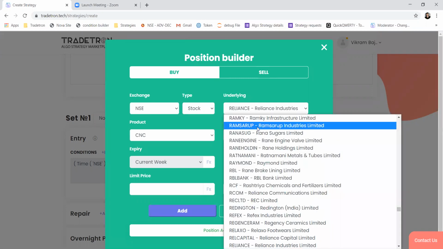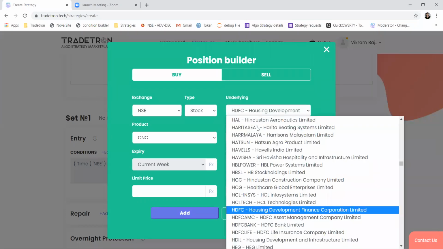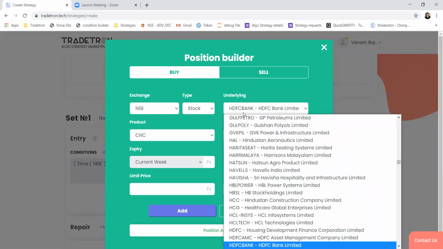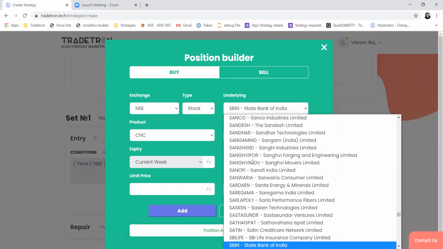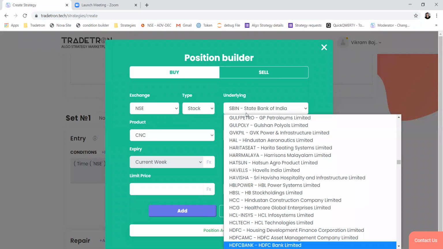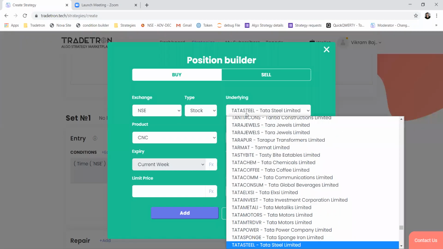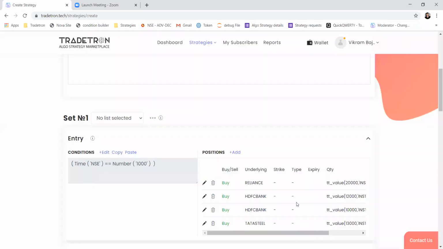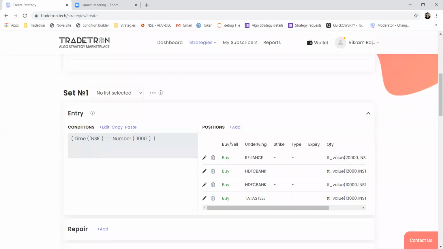Add HDFC Bank, let's say value 12,000. SBI. So okay, now I have added four stocks. So let's say this is my portfolio based on some value.